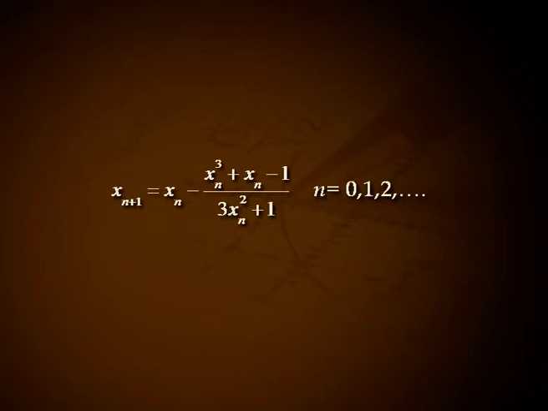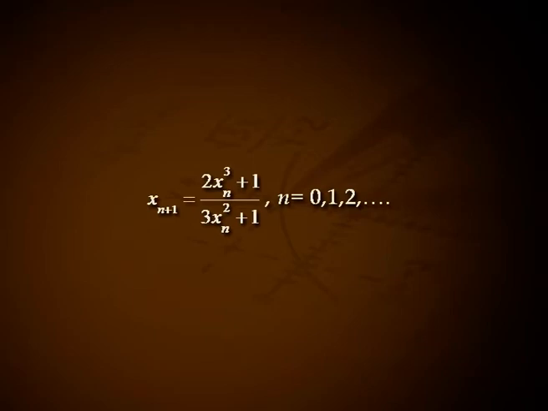And substituting this in Newton's iterative formula, we have x_{n+1} = x_n - (x_n^3 + x_n - 1)/(3x_n^2 + 1) for n = 0, 1, 2, etc., or x_{n+1} = (2x_n^3 + 1)/(3x_n^2 + 1) for n = 0, 1, 2, etc. Starting from x0 = 1, using the above expression, computation yields x1 =